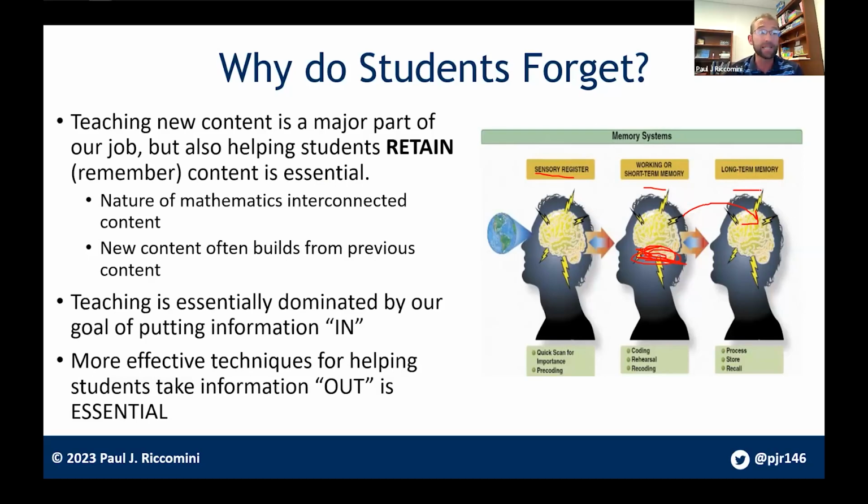Because if it is not accessible, it almost doesn't even matter that they learned it. So that's kind of the idea here, is that a lot of the activities that we do in math class, first off, are focused on the in, and the ones that we think we're doing on the out to help with retention are not really designed in a way that is forcing the kids into their long-term memory. All right, so